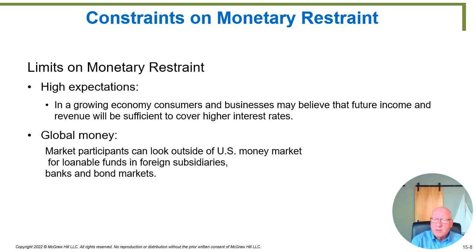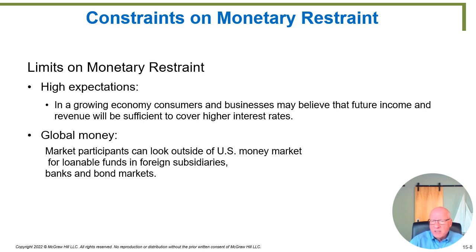So here's the question. If the Federal Reserve raised interest rates from 6% to 7%, would that get a business owner to say, I'm not going to buy new equipment this year? Probably not. The profits of building these houses are so great that if interest rates went up 1, 2, 3, 4, even 4% on construction equipment, you'd still have contractors buying the equipment. So that's what this means. High expectations could override the restraining effects of high interest rates.